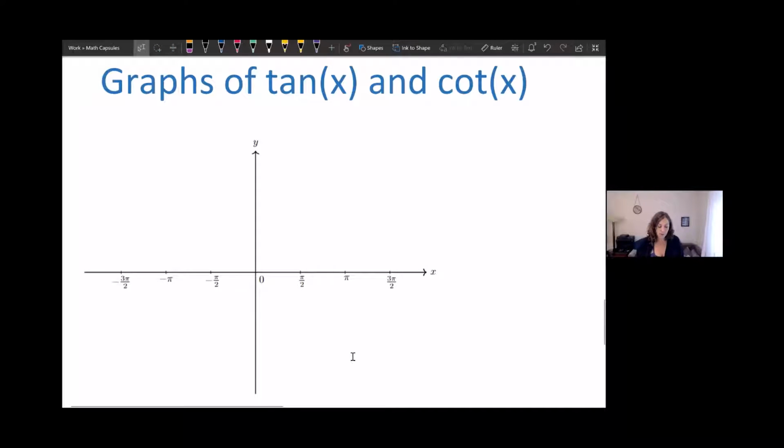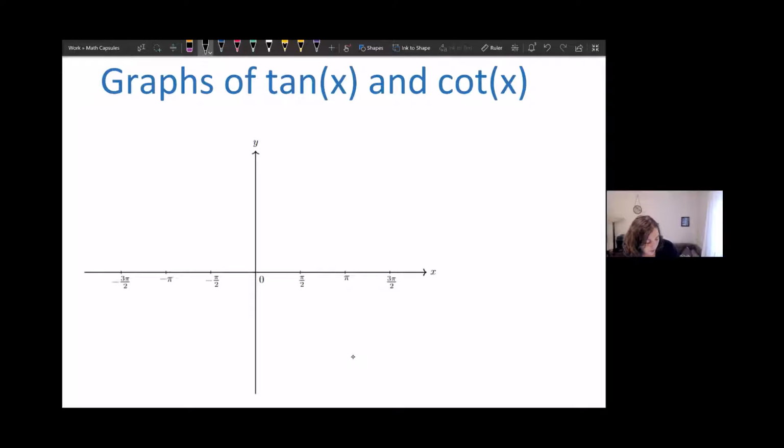I'm wondering if I presented you with this empty Cartesian plane and asked you to sketch the graph of y equals tan of x, would you know how to fill it in? If not, let's go through it together. Now, one option would be to look it up and then memorize it, but I'm going to try and explain it in a way that makes more sense, and it's going to be some good practice working with the unit